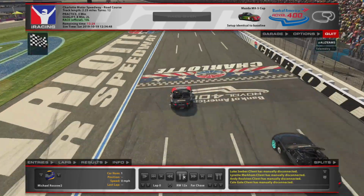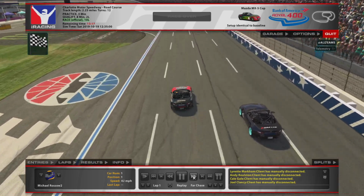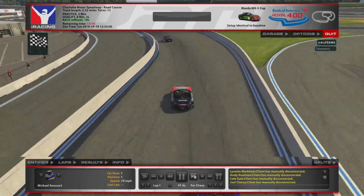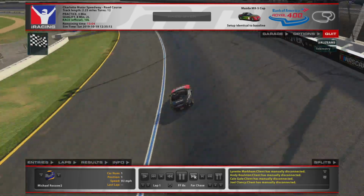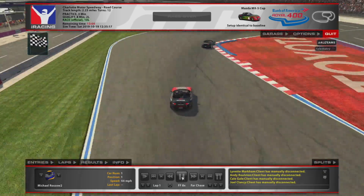Wow, so apparently for no apparent reason, Mr. Ralston or Mr. Rosso got a good start, and looks like he led lap 1. I mean, he got passed, and